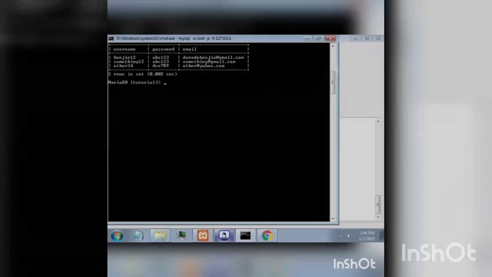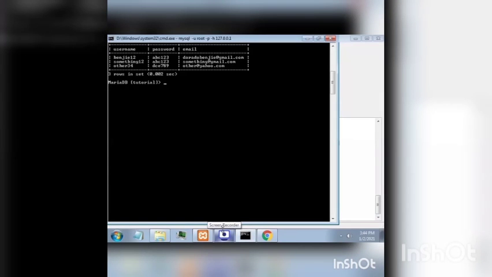Hi, hello guys. Today I will teach you how to update data. This is the table that we used in the previous video. Let's say I want to update the password of username Benji12.